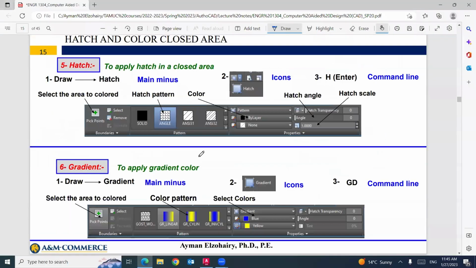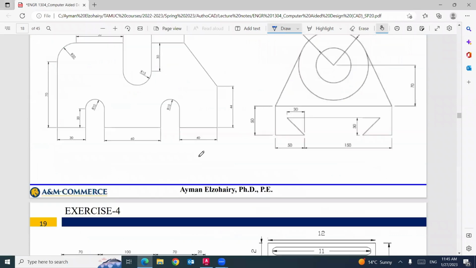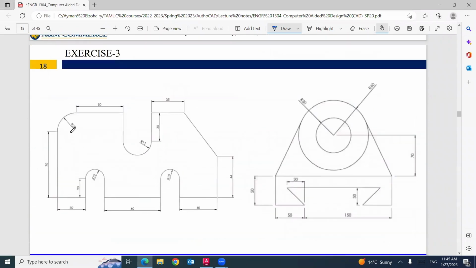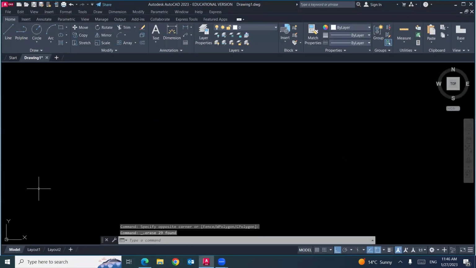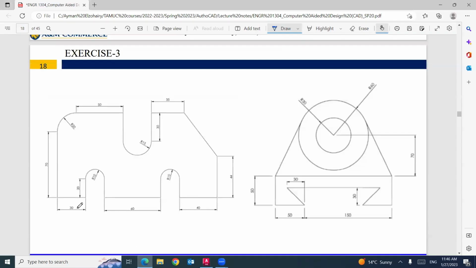I have another exercise here. So let's try to draw this shape. If I started here, I can delete these drawings to start a new one. If you start here with a distance 30, I will go up 30, 20.